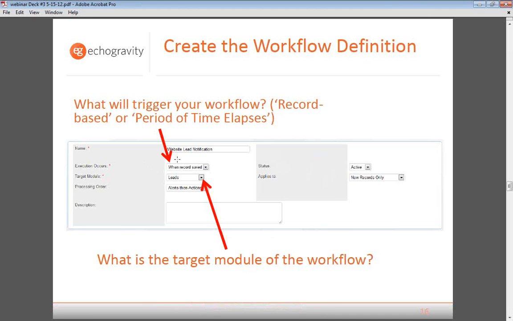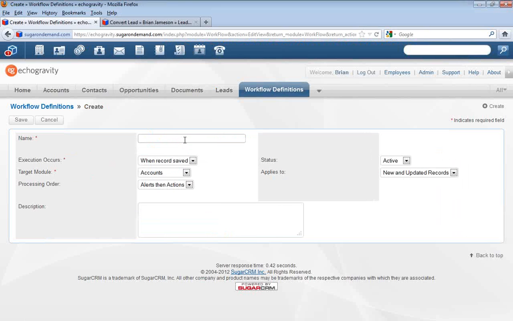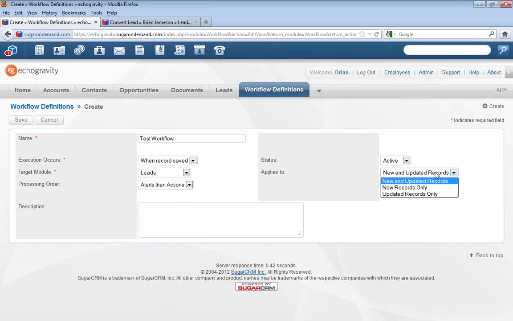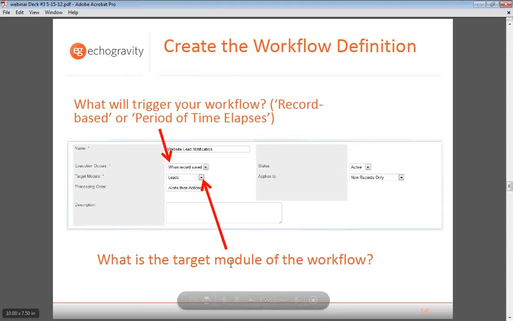But in this case, we're just going to do it around record save, in the leads module, which is really the focus of the conversation today. So we're going to call it test workflow. Record saved, I want to keep that. I'm going to find my leads module, and I'm going to apply it only to new records because I don't want someone on the sales team updating something and messing with my workflow definition. So I'm going to save that, come back here, and go to the next step in the process, which is